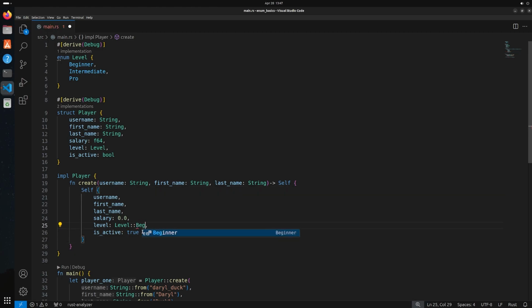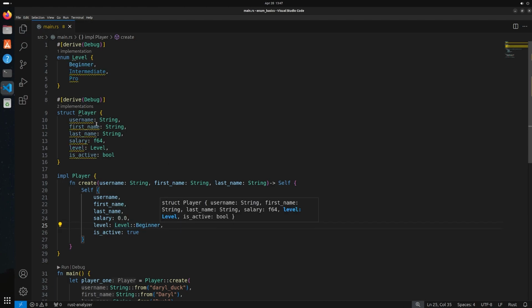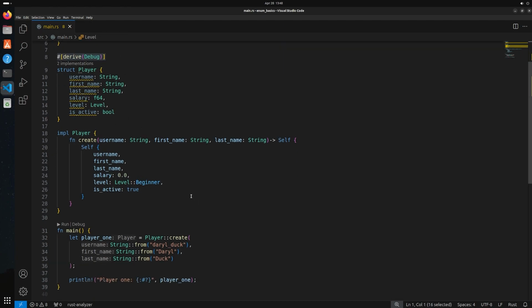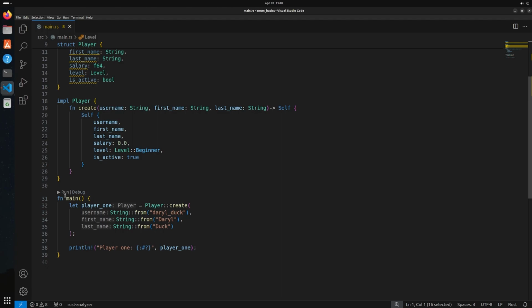So I can type here Beginner, for example, and this will compile just fine. Or I can set it to Intermediate, and that will compile just fine. And then obviously Pro, right? So for the purpose of this video, when we construct a new player, I think they probably should be a beginner. So I'll just set it like that. And then pretty much everything else, as long as we're using derive Debug to do debug printing, we can come down and basically when we run this,